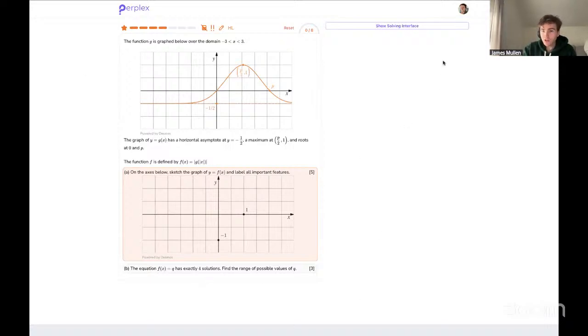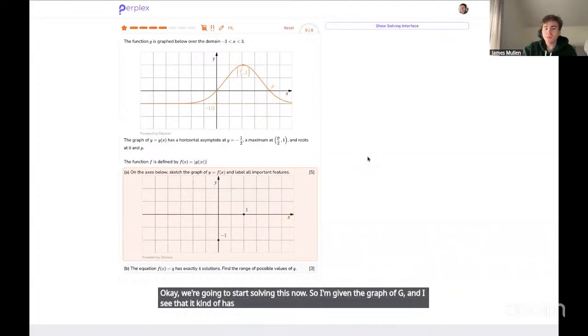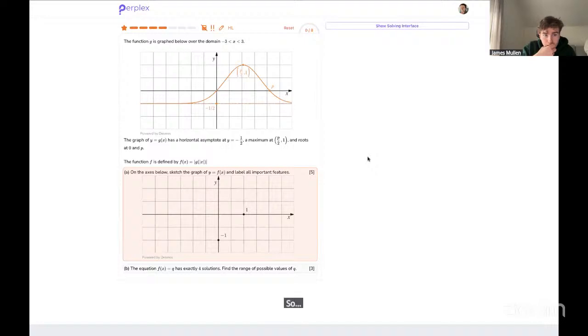Okay, we're going to start solving this now. I'm given the graph of G, and I see that it has this bell-shaped curve with an asymptote at y equals minus 1 over 2, a maximum at pi over 2 comma 1, and then an x-intercept at pi. Okay, so in part A, on the axes below,